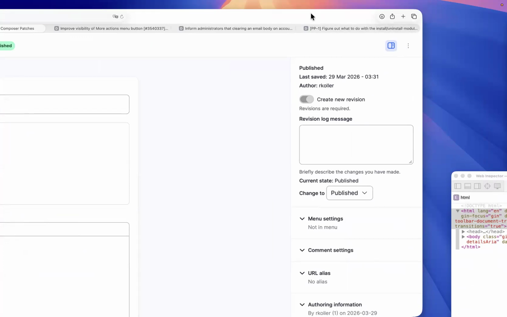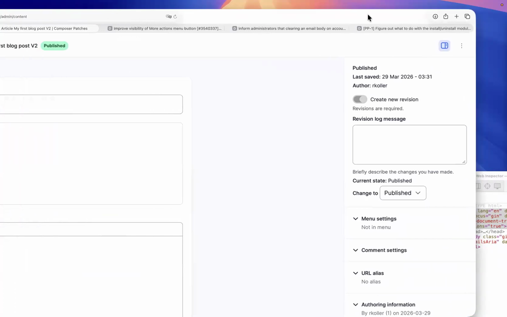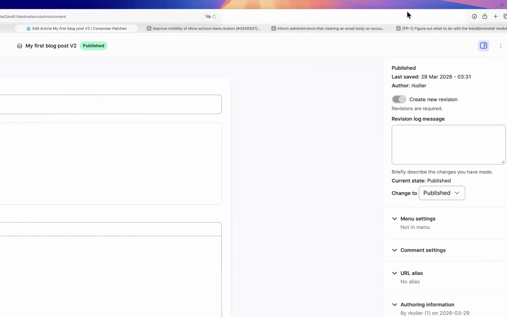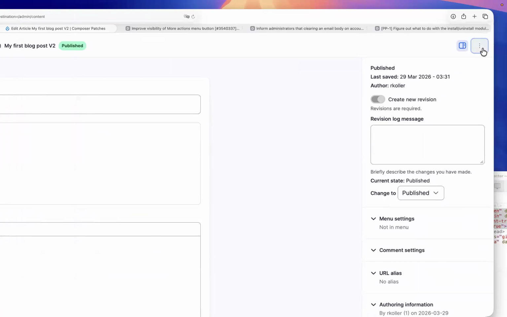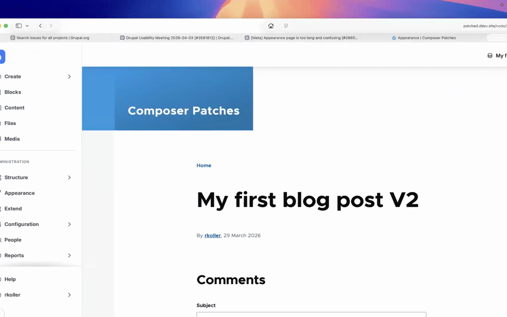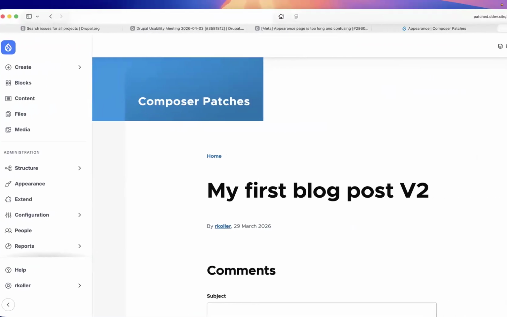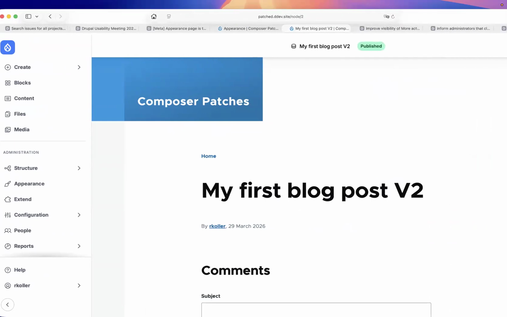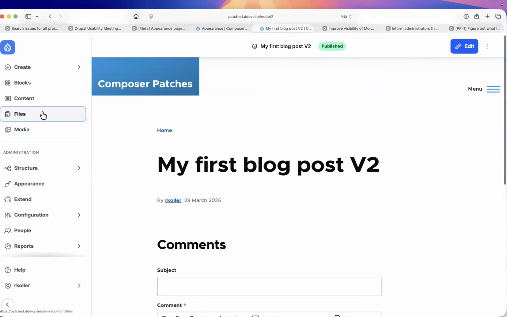And the other problem, aside from the visibility of the button, that I consider even more pressing, is basically that it's called the more actions button. And in here, all those are basically links to what you usually have as local tasks. And those local tasks got removed in the context of the front end to minimize problems in regard to theming. But in the back end for the admin theme, I consider it counterproductive, because in here,